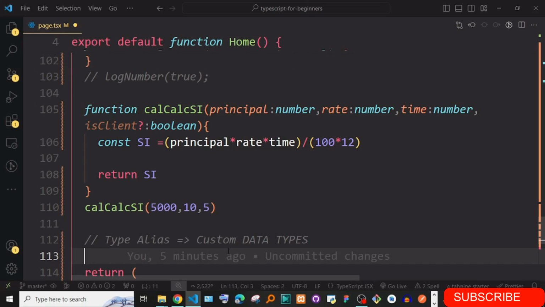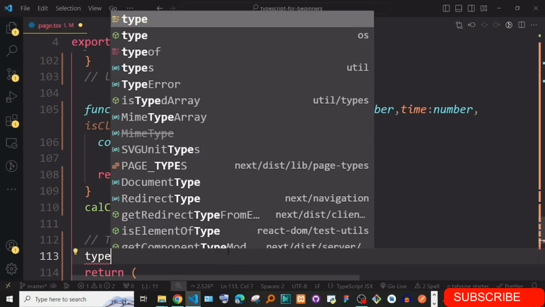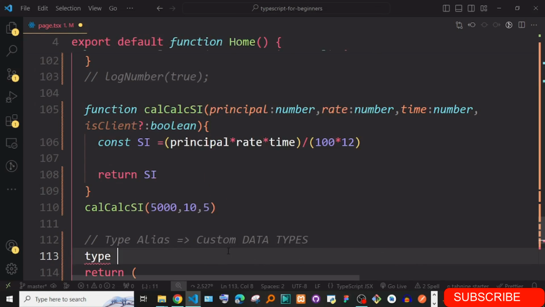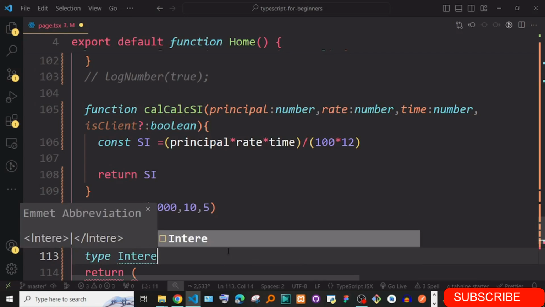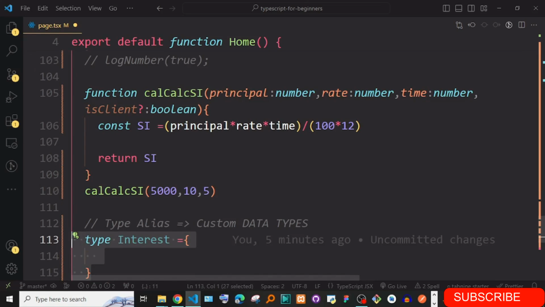Now when you are defining the custom type, you start with the word type. For instance, I'm defining a type, let's say right now, interest. And then you go ahead and say this type is going to be of this nature.